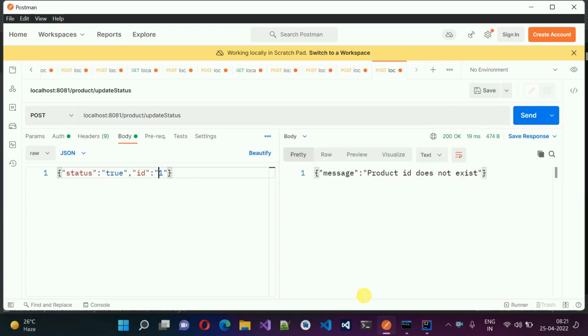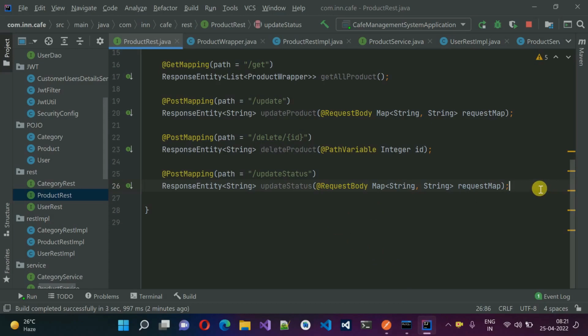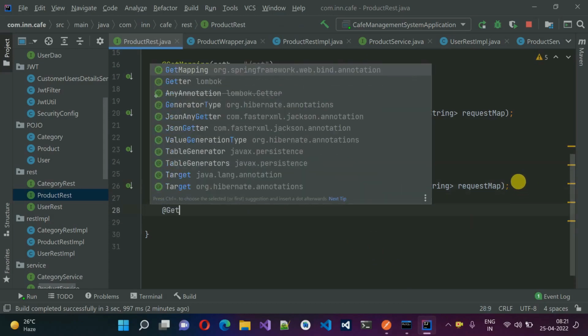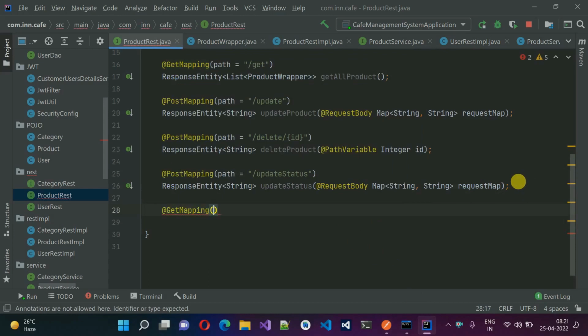Next thing we have to do is write another API, that is get by category. Suppose I pass the category 5, so all the products that exist in category 5, the data corresponding to that will be returned. Okay, so for that, just move back over here and make some space, and it will be a get mapping. So get mapping, and I'm going to pass the path. So path, and the path will be get by category,